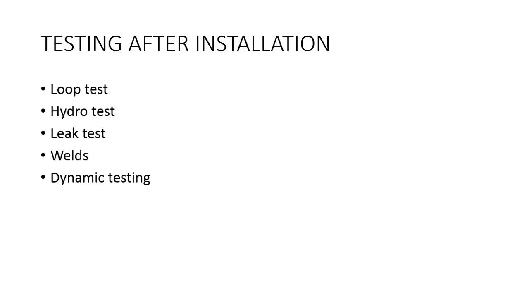Once installation is done, testing must be done in order to make sure that the installation was done properly. There are several tests as shown in the slide. First one is the loop test. Let us consider a scenario where the control valve is used for temperature control. In this case, the variable is applied to its sensing unit and signal is sent to the valve and we check whether it performed as designed and desired. That will give us an idea of the loop test.